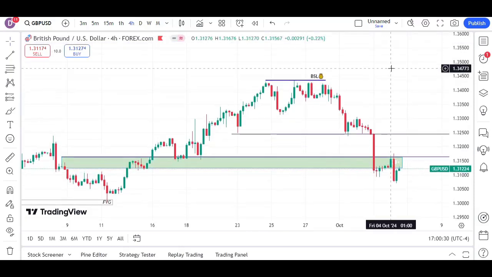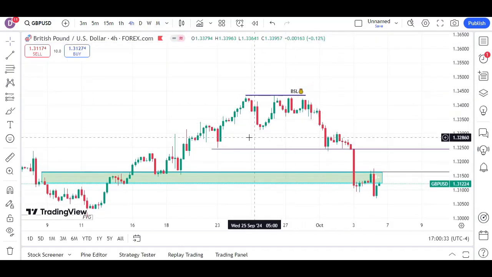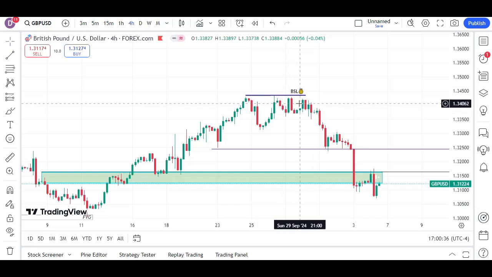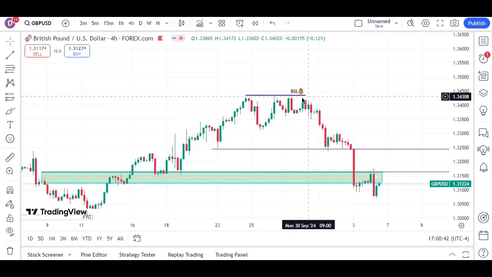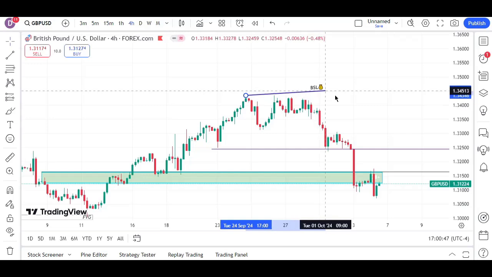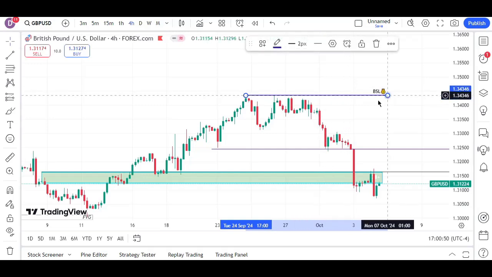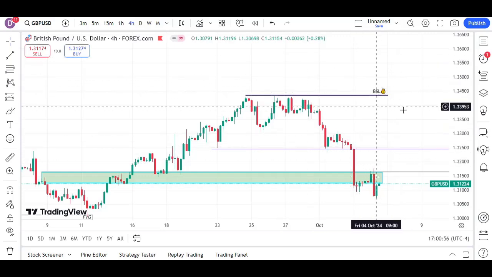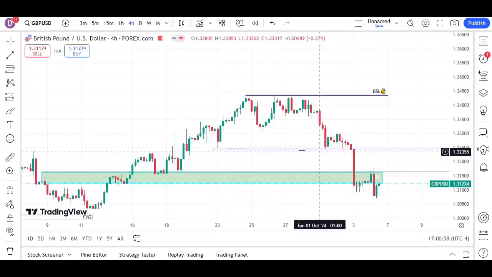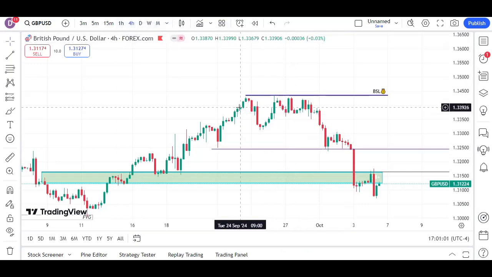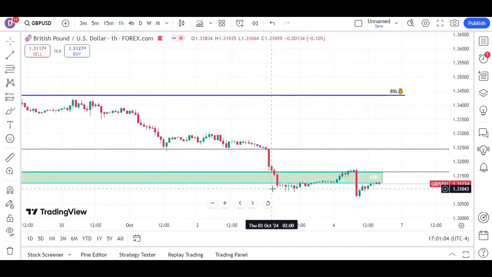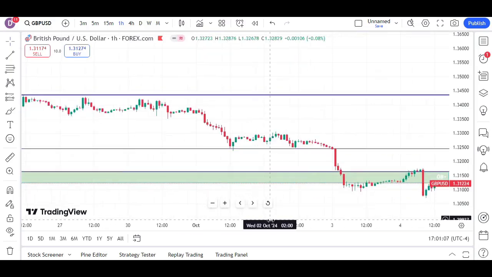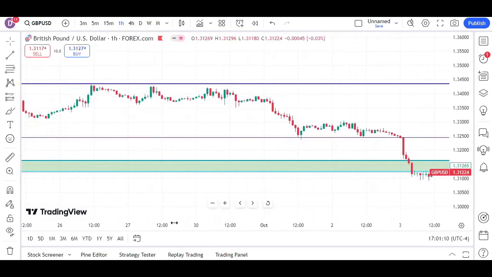So like I said, at a point when price was somewhere around here, we started engineering liquidity. As you can see, there is a lot of liquidity that we are going to take out hopefully this week. As long as we keep respecting bullish PDRAs from now on, I want to see us come seek liquidity on the buy side. Right now we've taken liquidity out on the sell side. So on the 1 hour time frame,